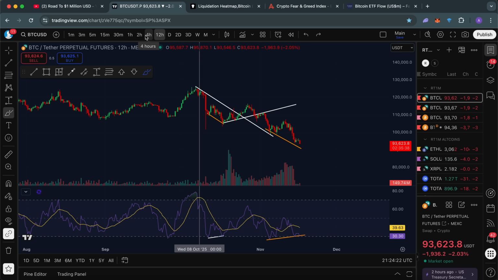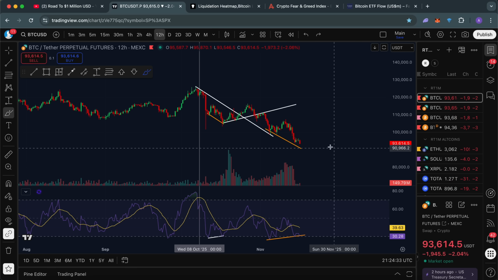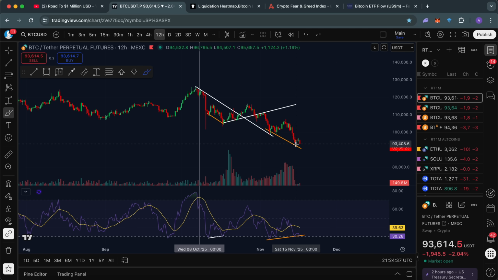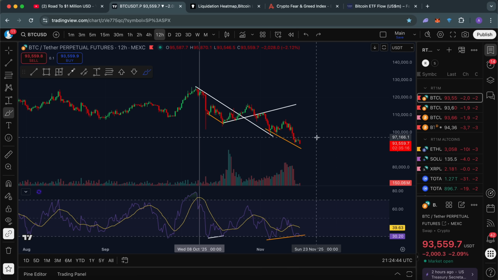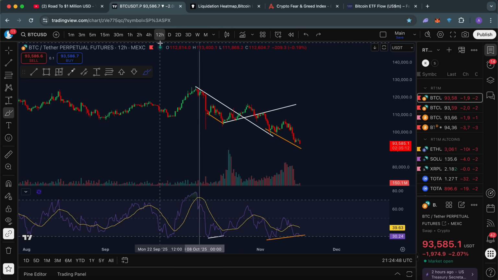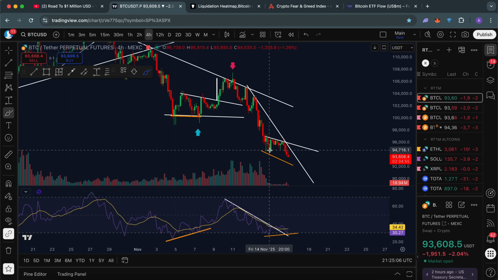Once again, this is not confirmed yet, so please do not misunderstand me. I am not saying that this situation is super bullish or something like that. Obviously, we are still in a downtrend, and if you look at this as a bullish setup, that is an extremely risky way to look at the market. But for the sake of objectivity, I want to show you guys everything that I'm spotting in the market here. And the same thing can actually be said about this 4-hour time frame as well.